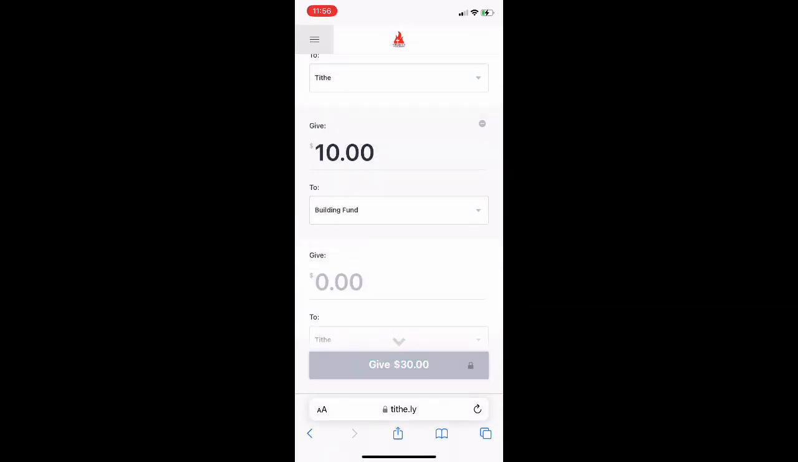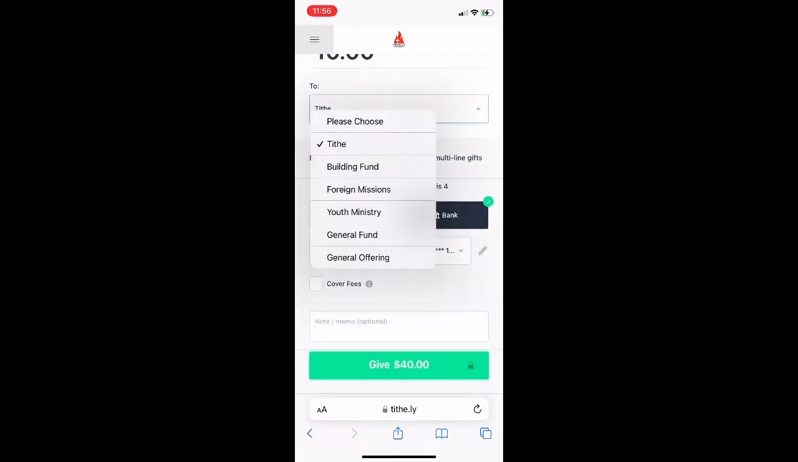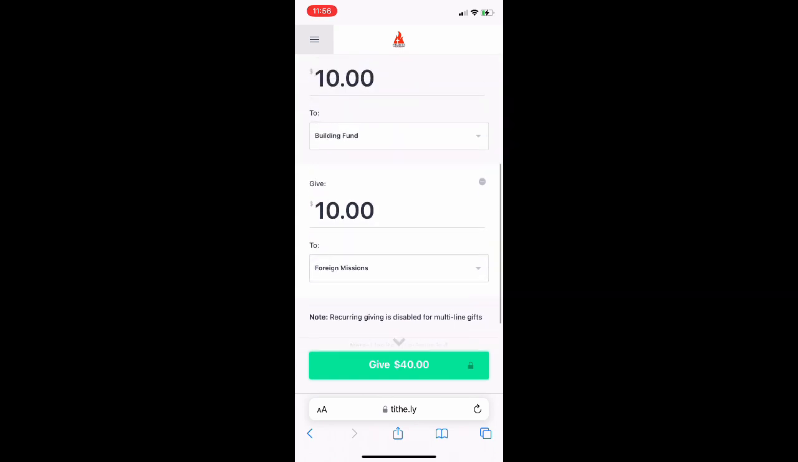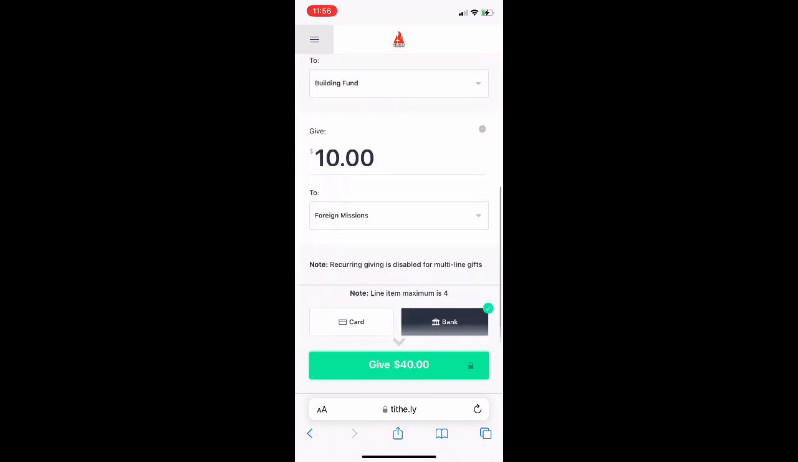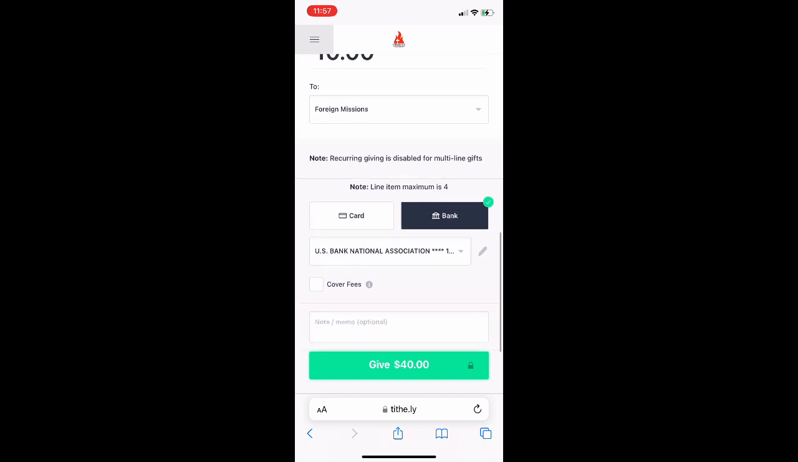And if I want to give one more, I can do up to 4 transactions at one time. I can do another $10 to maybe say youth or foreign missions there. So it totals up all those and adds it up at the bottom and allows me to either choose card or bank. I've chosen bank, and then there's a box there that says cover fee. When I click on that, it will add the fee for each of the transactions and total it up at the bottom. You can see there's $1.60 and the button is turned green, allowing me to go ahead and click